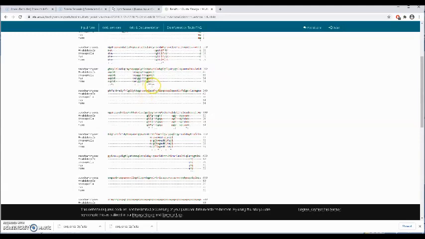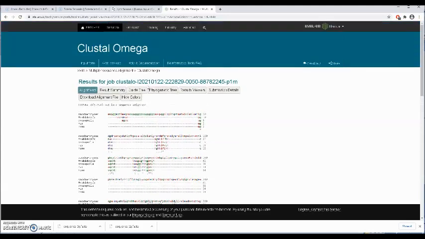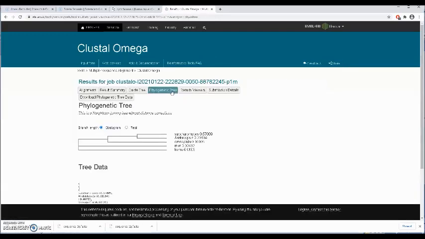The column here means that there's a conservation. It indicates a conservation between groups of strongly similar properties. And the period indicates conservation between groups of weakly similar properties. And now if you click on this button, phylogenetic tree, you will construct the phylogenetic tree, which we will analyze